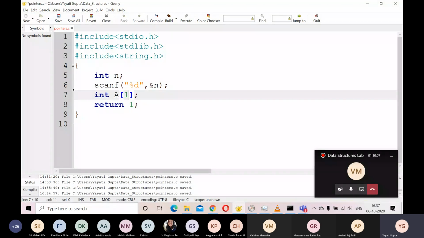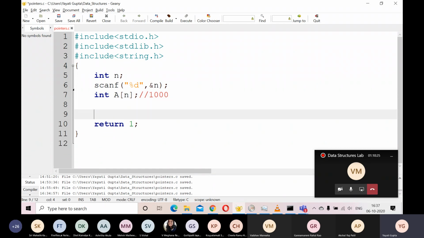The other reason is, I took this n, and let's say you told me that there are 1000 students in the college, and I took that value of n here. So now I have this array of size 1000, where I can record 1000 numbers. What if somewhere across this program I need to change this number n?